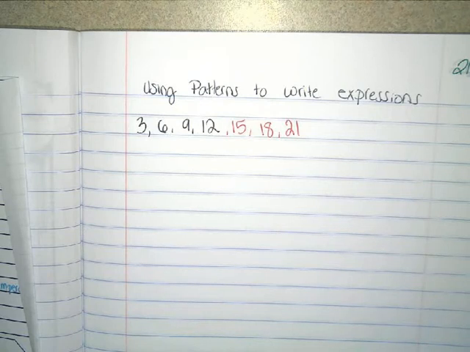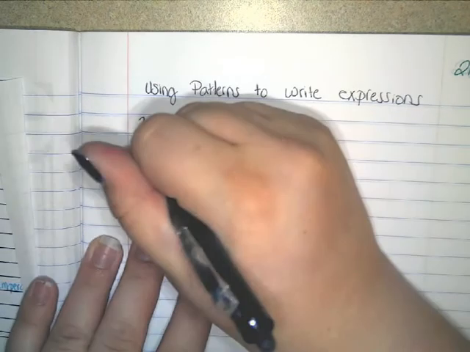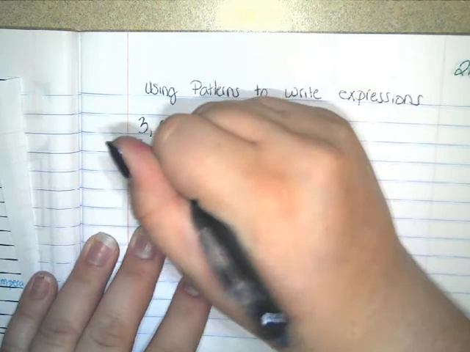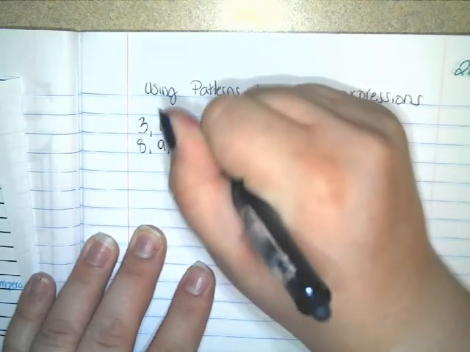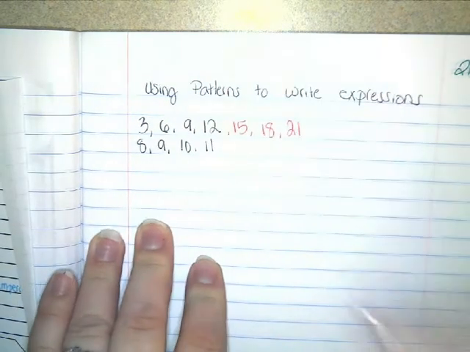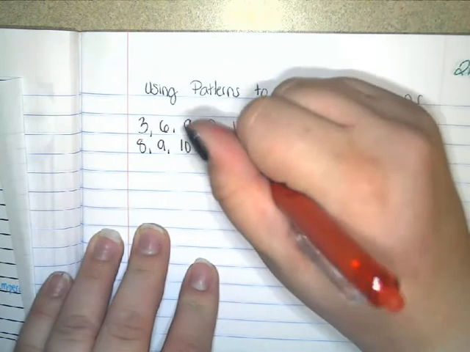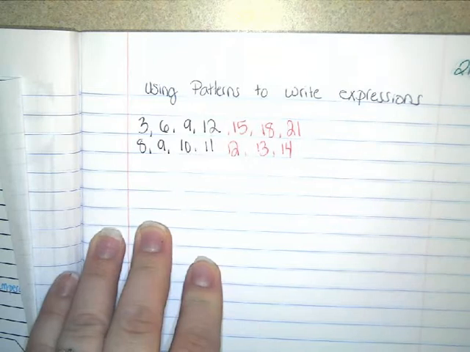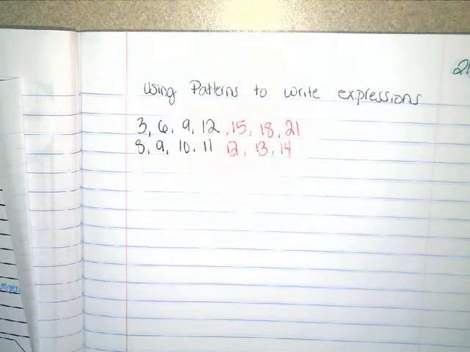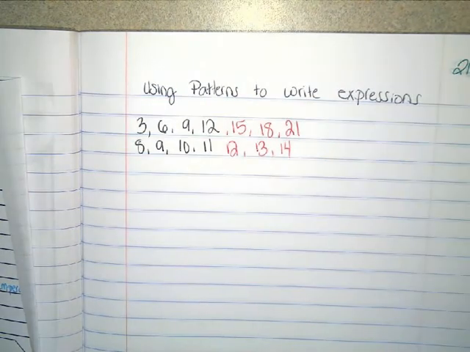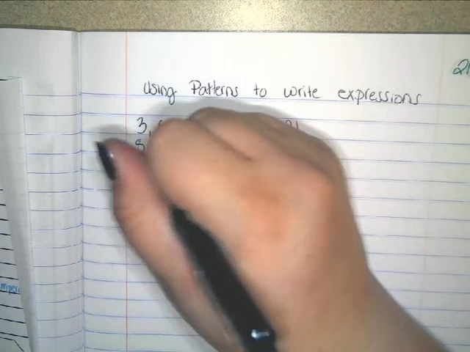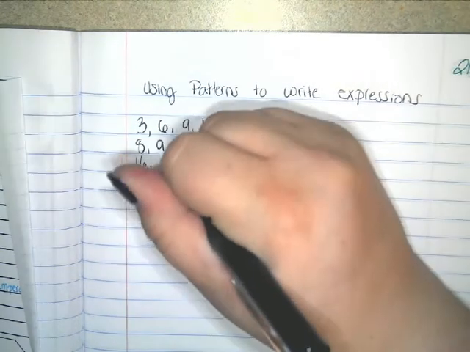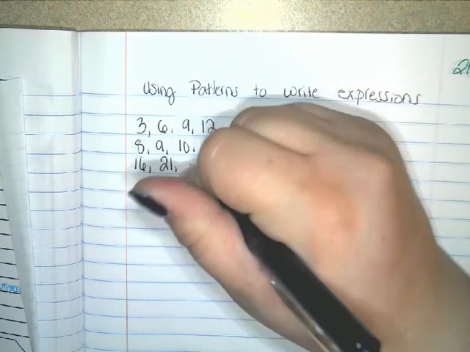Let's try 8, 9, 10, 11. What would come next? 12, then 13, then 14, okay? Just coming up with the next 3. Make sure you're writing this down with us. What about 16, 21, 26,